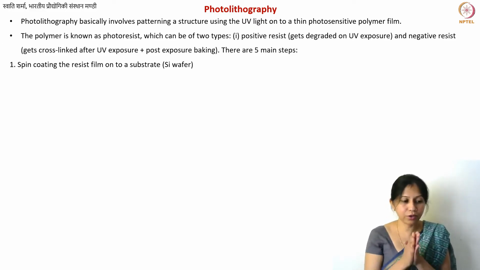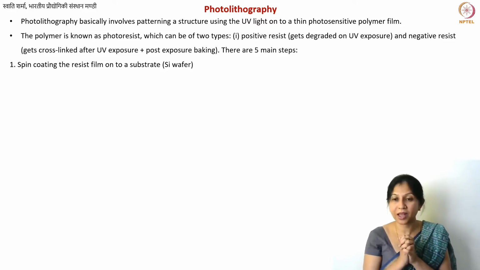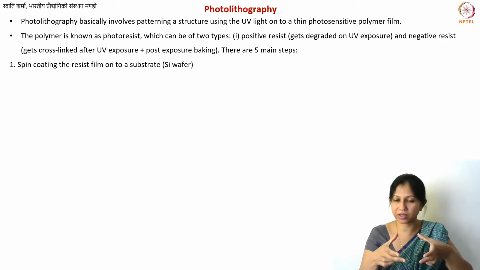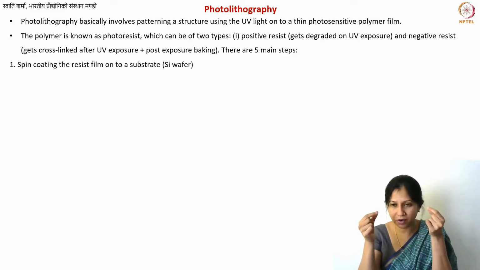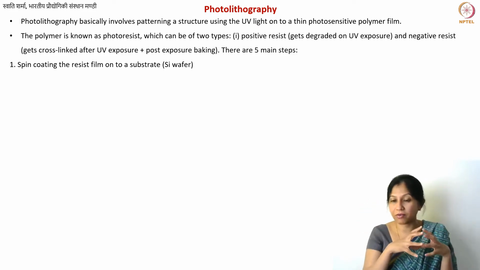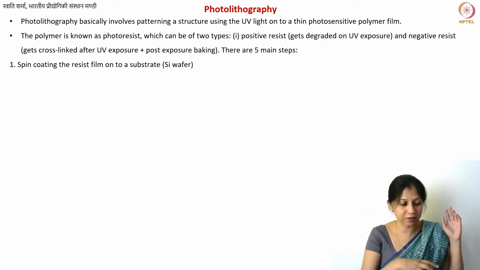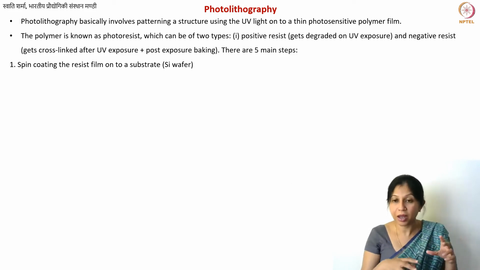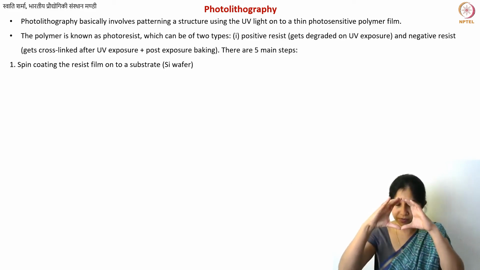You take, let's say, a silicon wafer. Maybe next time I'll show you an image. A wafer is very thin, as the name suggests, and typically it's a circular wafer. You can also get square wafers, which are used more in the case of solar cell fabrication. But for photolithography and so on, you will get these circular wafers.